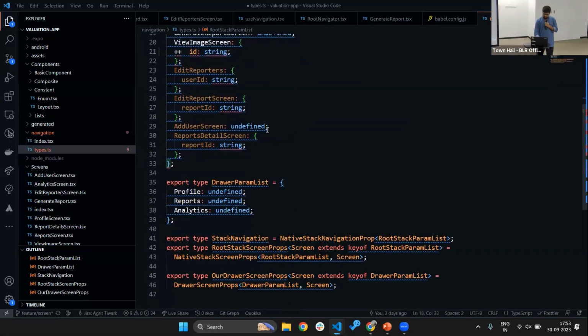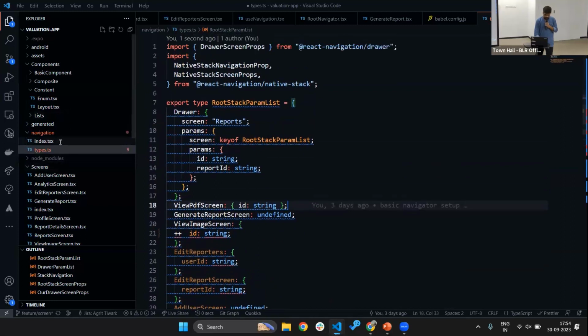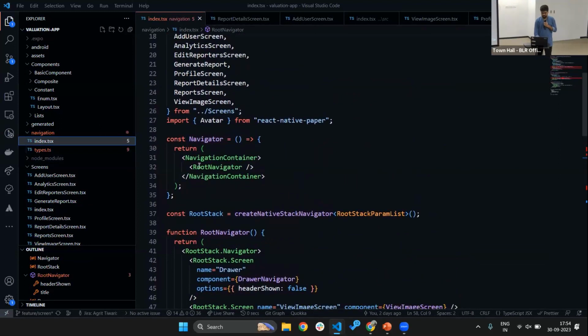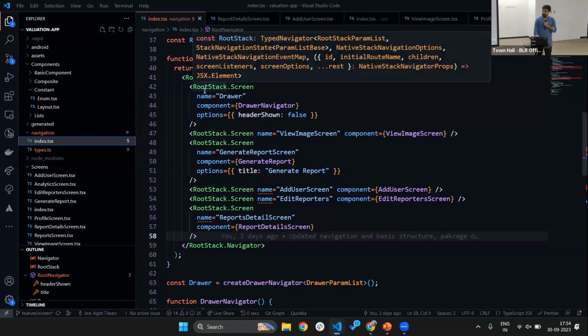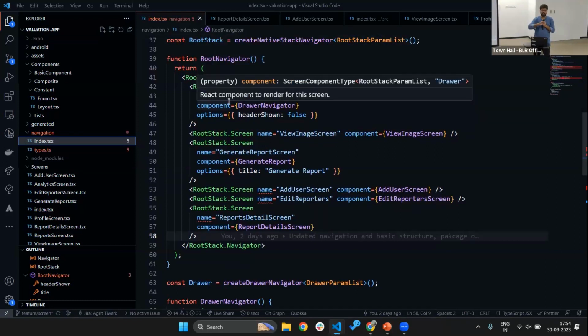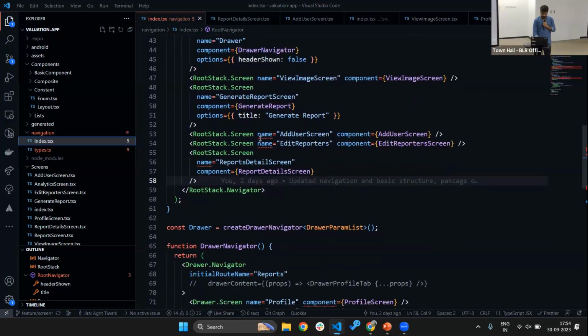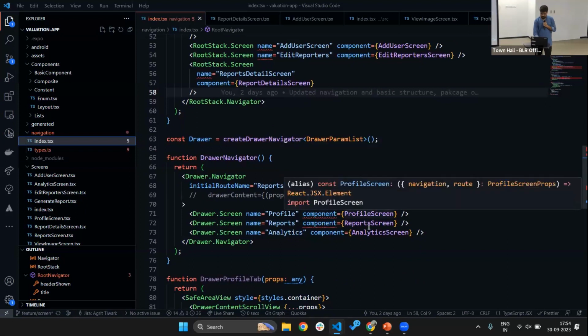The screens that I showed you are listed in this types.ts file, and this is the file where I have given the navigator. There is this root navigator, and it is wrapped with navigation container. Root navigator consists of the screens that are composed in that root stack. First one is drawer. The primary screen that any user would land on in our app is the drawer. You can see the component is drawer navigator, and I have initialized drawer navigator as well, which consists of profile screen, report screen,